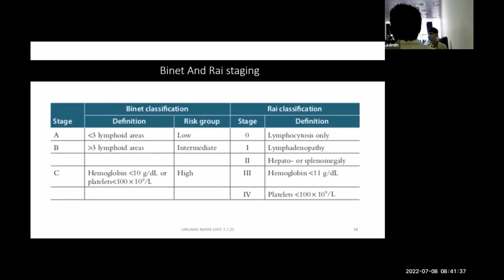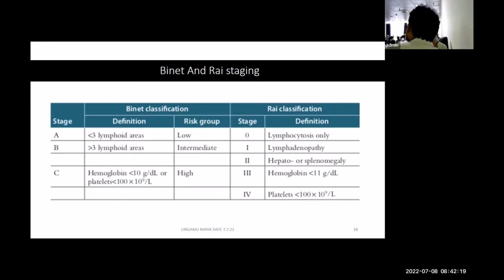Sometimes we may find that a patient doesn't have nodes, doesn't have organomegaly, but the platelet count is 94,000. Is it stage 4? Unlikely. Typically, in stages 0, 1, 2, 3, patients develop nodes, then organomegaly, then thrombocytopenia. It is an incremental way of progression. It's not that somebody will have stage 0 and a low platelet count. So we have to find out why the platelet count is low. Sometimes it is low because of ethnicity or other reasons. So you should not say that a CLL patient with only a platelet count of 94,000, no nodal enlargement and no organomegaly, is CLL stage 2. That's not true. Just keep that in mind.